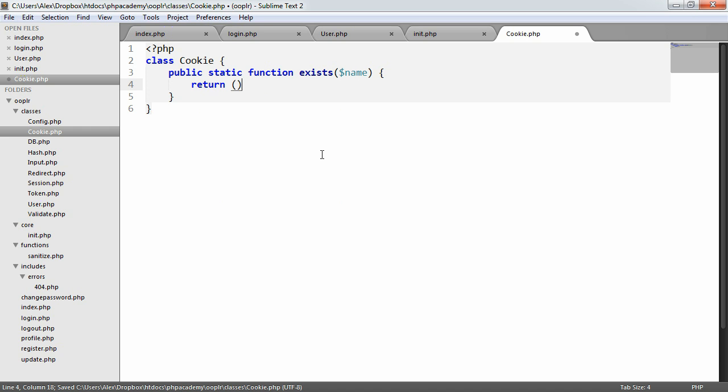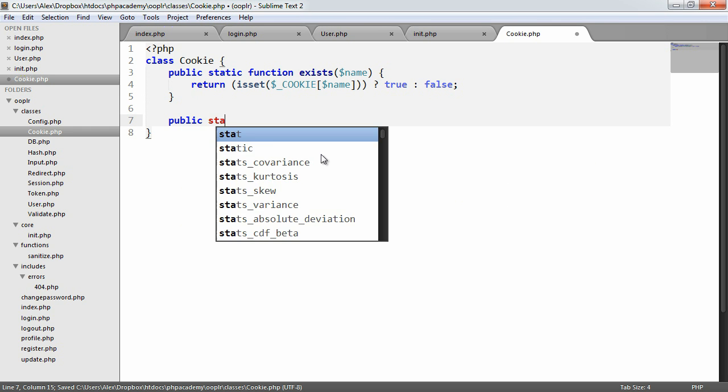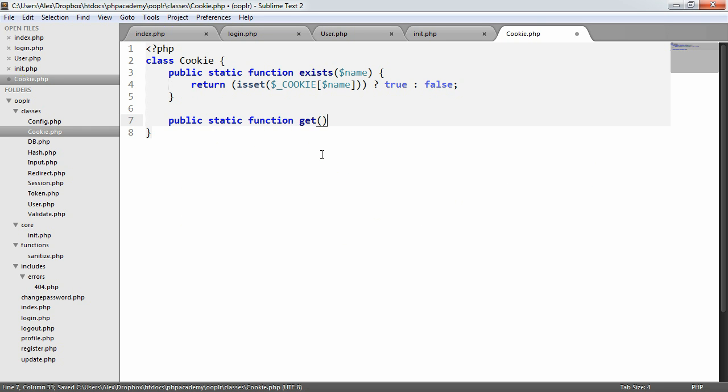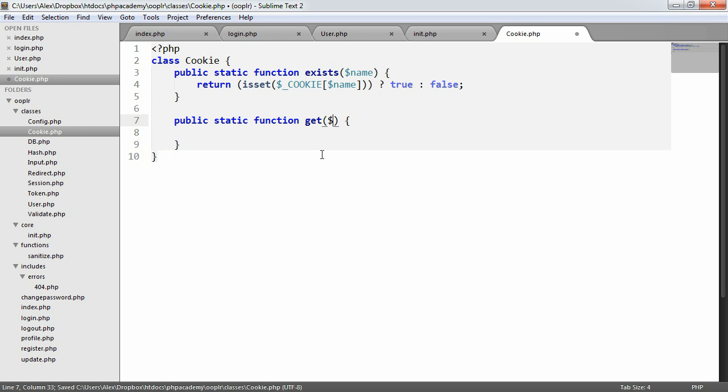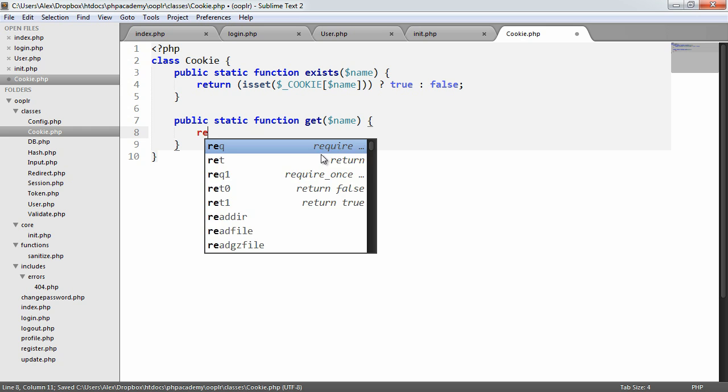So it's exactly the same as the session one. We're just going to check if isset $_COOKIE, and the name that we've defined, is that set? If it is, we'll pass true, otherwise we'll pass false. We now want to be able to get the value of a cookie. Extremely important, so we're going to have a method called get, and we're obviously going to have to define a name here, and that's just going to return